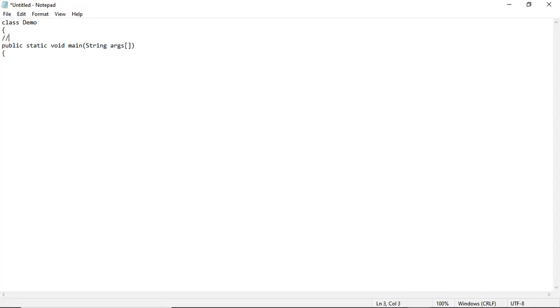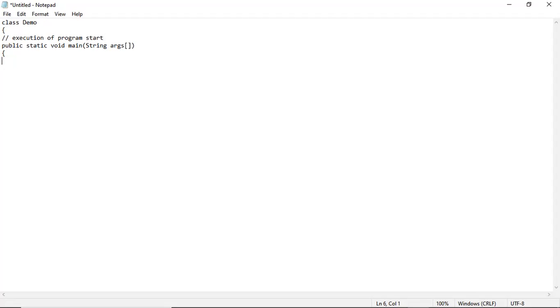So I'm adding a comment as well that execution of program starts from here. Now next thing is what? Inside the main function, how you can print anything. Like in C language, how you print with the help of the printf function, right?